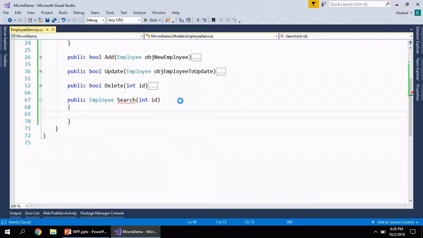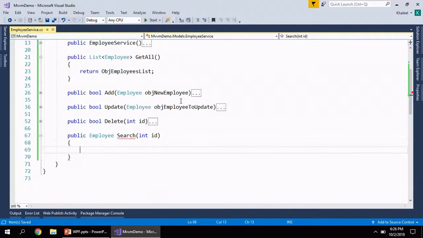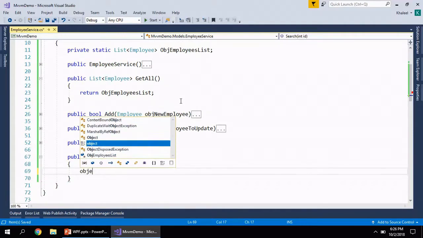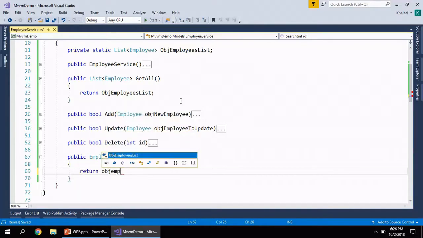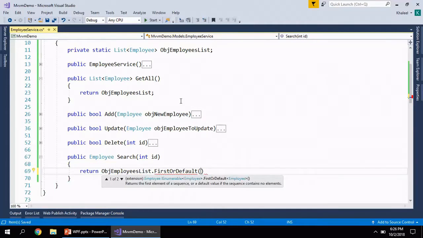Actually, we can directly take help of an extension method. We'll say objEmployeeReturn = objEmployeeList.FirstOrDefault. This extension method takes a lambda expression, searches elements from a collection and returns the first element from the collection.